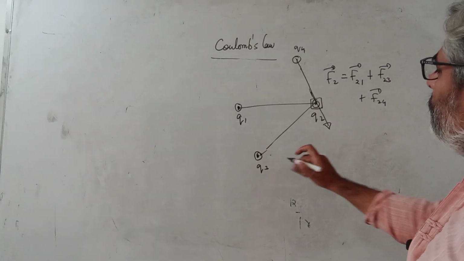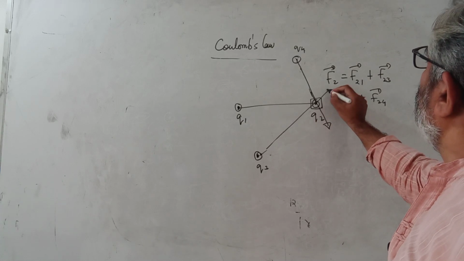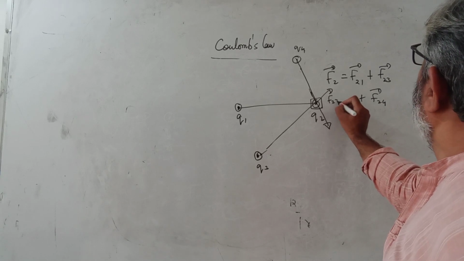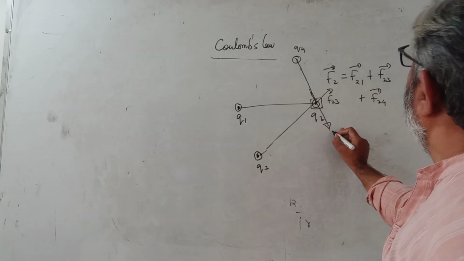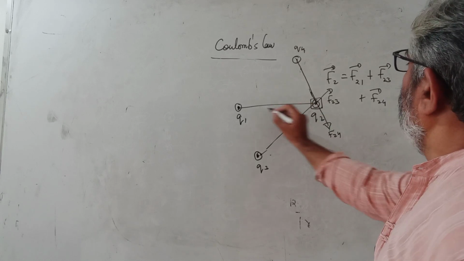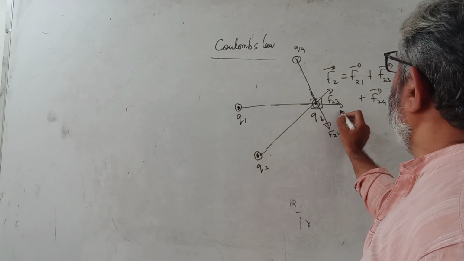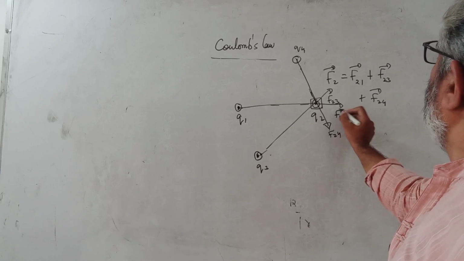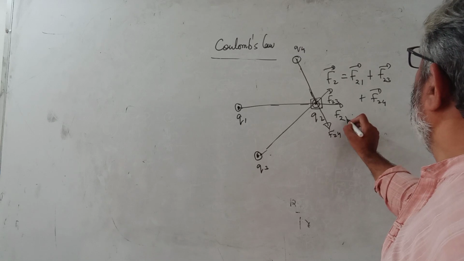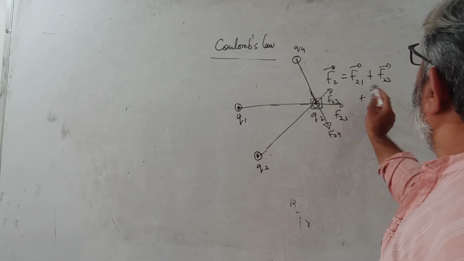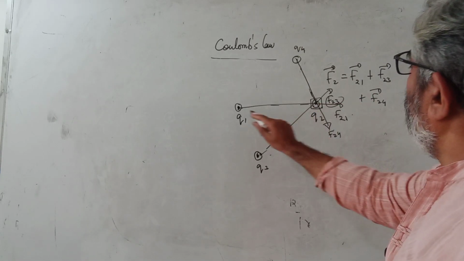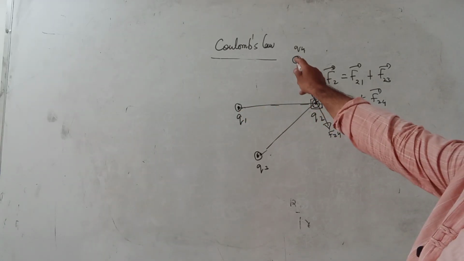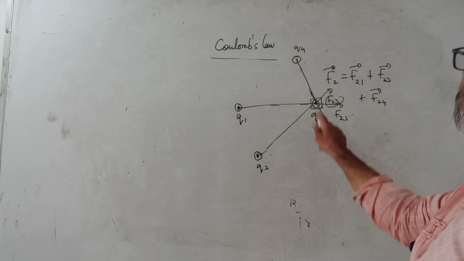So let us not worry about this. The second force would be like this. So this is your F23, without the vector sign, the value of that. This is F24, and there will be this force also, that is F12 or F21, whatever you call it, F21. So F23 is this one force because of this on this. F21 is the force on this charge due to this, and F24 is the force on this due to this.